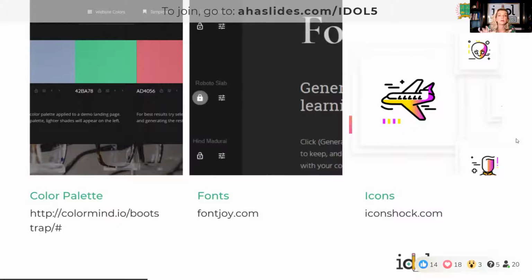If you don't know what your hex codes are, you can go Google your favorite color and put in hex code. Like I would put jade green hex code, and that's how I'd get the hex code for the color that I like, right? You put that hex code in the middle, you lock it down, and then you press the generate button, and it'll generate an entire color palette for you and show you what it looks like applied to your website. So that's a great place to go do color palettes.